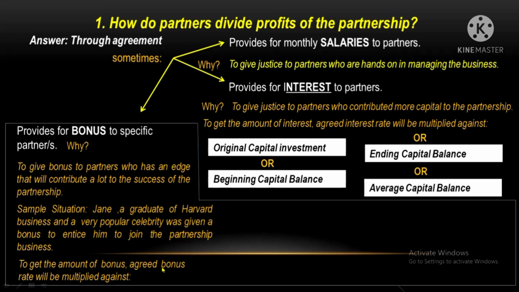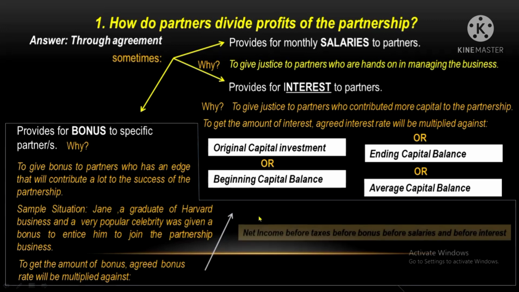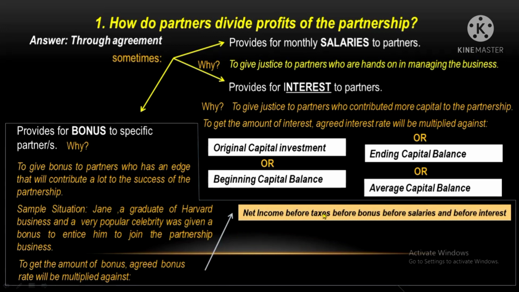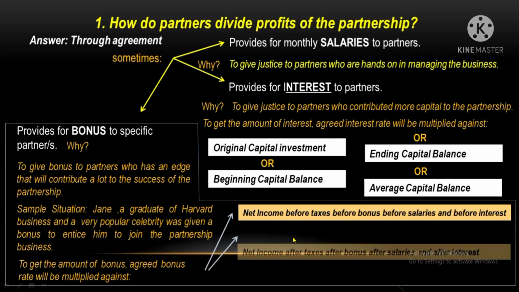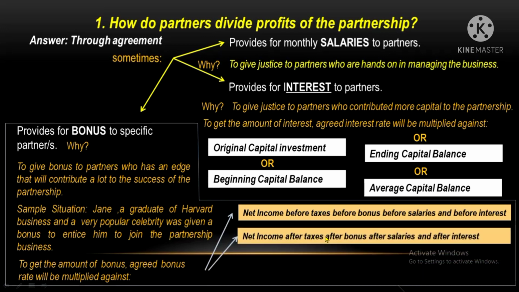However, there are a lot of types of net income that can be the basis for a bonus. So what do I mean? The bonus rate can be multiplied to net income before deduction of taxes, salaries, and interest, and before bonuses are also deducted. The bonus rate can also be multiplied with net income after deduction of taxes, salaries, interest, and